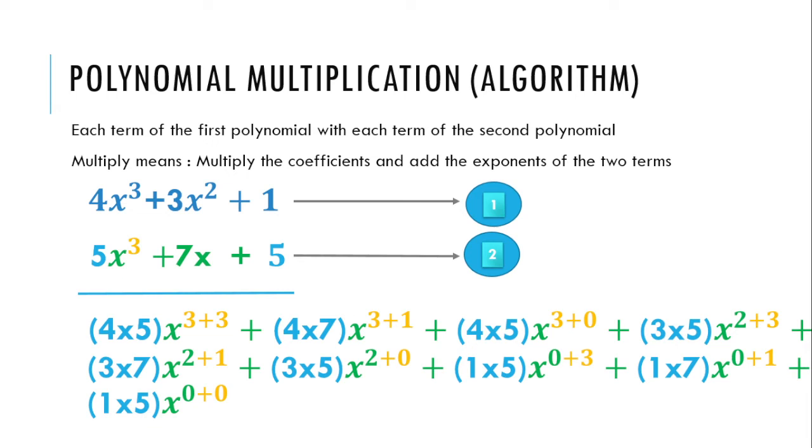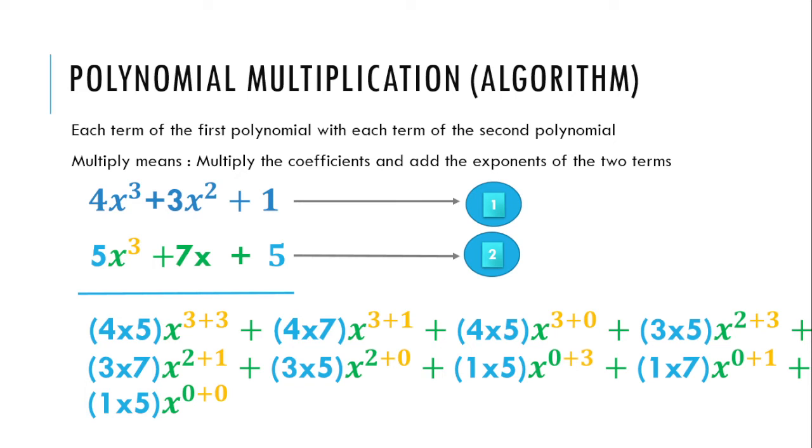Then we move to 3x square. Then we will multiply it with 5x cube, 7x and 5. Then we move to 1. Then we multiply it with 5x cube plus 7x plus 5. So the result will be